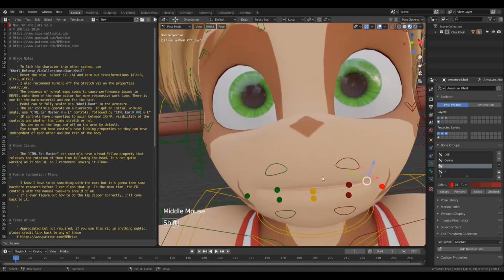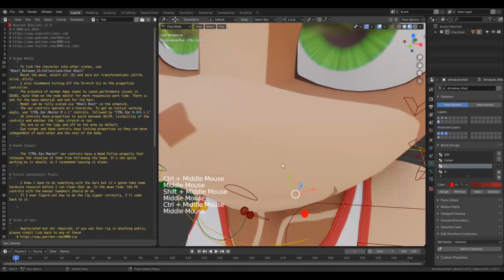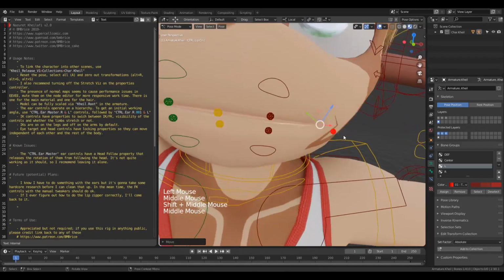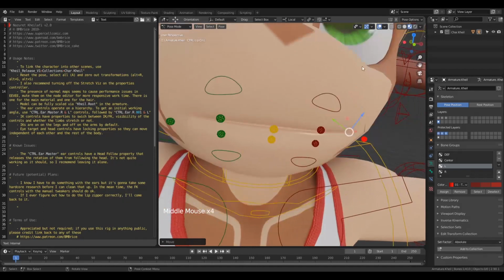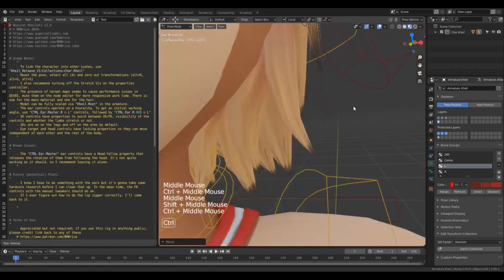The mouth controls work mostly the same way as before, except now they're actually aligned to the surface, which means if you move them along a single axis, they will more accurately stick to the curvature of the face. It's not perfect, obviously, so you might need to drag them in the y-axis a little bit at some point, but